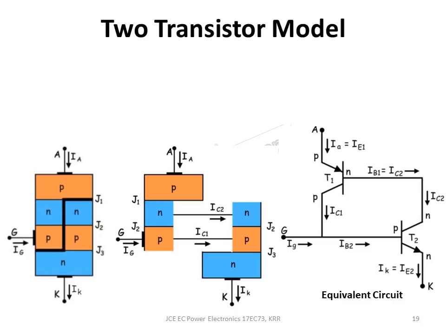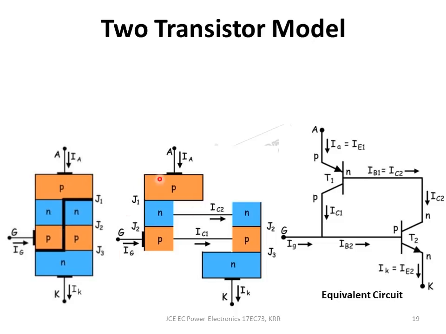Let me explain these figures first. Here you can see I have got P, N, P, N, the four layers of the SCR. The anode is connected here, cathode here and gate here. The gate is connected to the P layer of the PNPN, towards the cathode. Now the anode current is entering here, the gate current enters here and the cathode current leaves from here. Now you can see this Z that has been put here. This Z is basically splitting this PNPN four-layer device into two transistors, one PNP transistor and the other an NPN transistor. So it has been shown here.